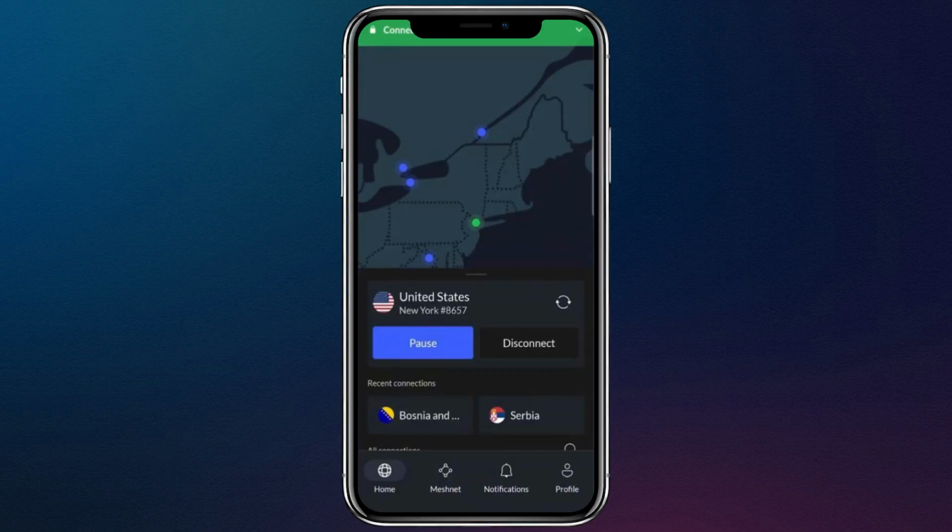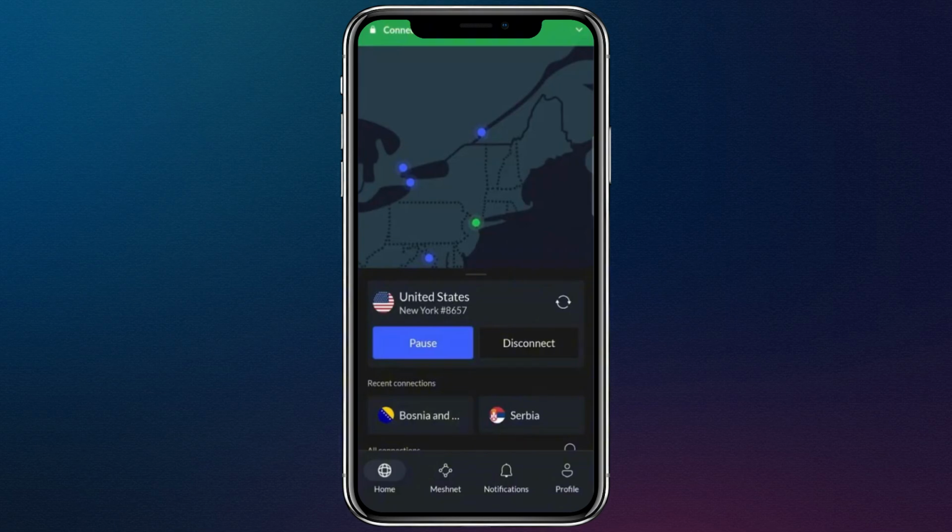After installing NordVPN, open the app and log in. You'll see a map of countries or a list of available servers. Choose the country you want your TikTok feed to show. For example, if you want to see content from the US, connect to a US server. If you want to explore videos from India, connect to an Indian server. Make sure the VPN shows that you're fully connected before opening TikTok again, because your location will be based on